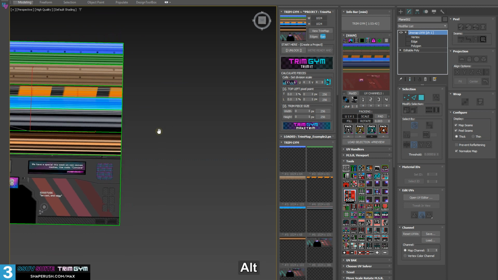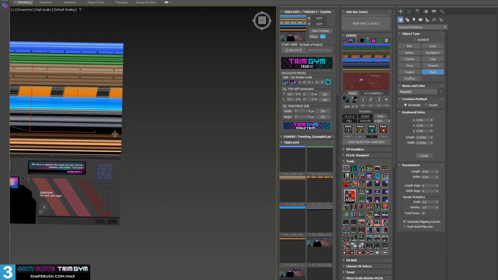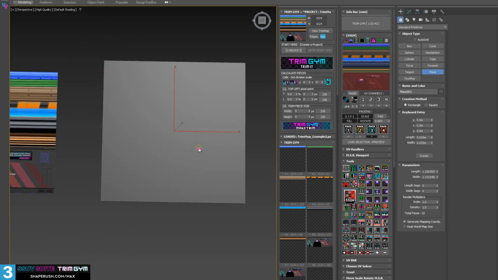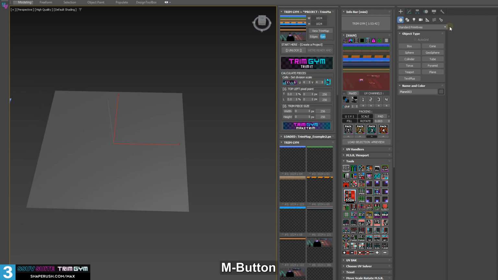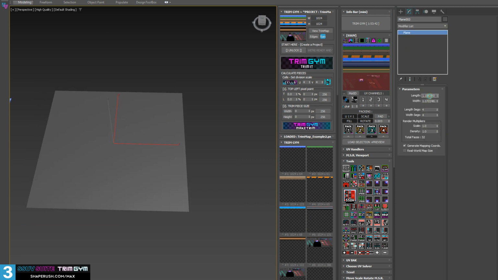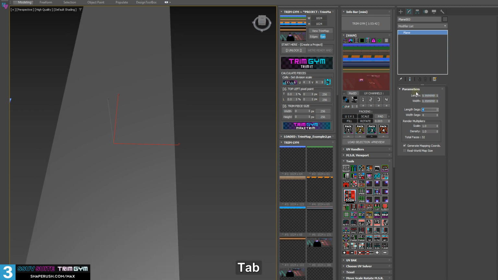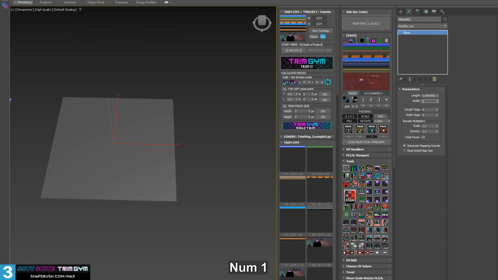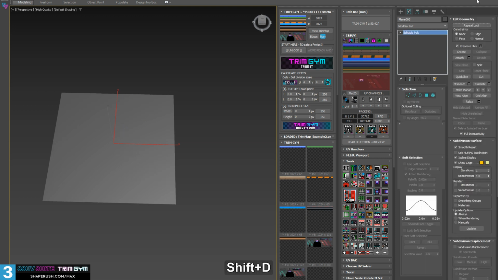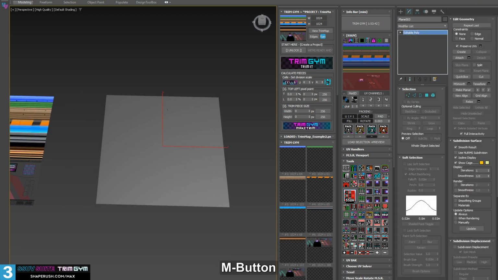Let me show you exactly what I did to create this, because this is the easiest way to create these trim pieces. Okay, so we create a plane and make sure it's the same exact height as width. Okay, then we go to length is 1, width is 1, and we're good to go. I convert that into an editable poly, and at this point I take the